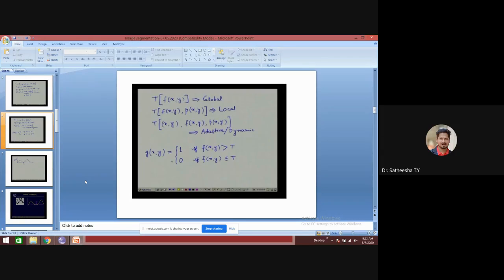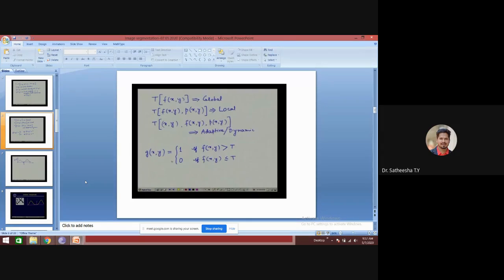And if in addition to all these, t is also a function of the pixel location x comma y, as well as f of x comma y and p of x comma y, then we say that this threshold t is an adaptive or dynamic threshold.